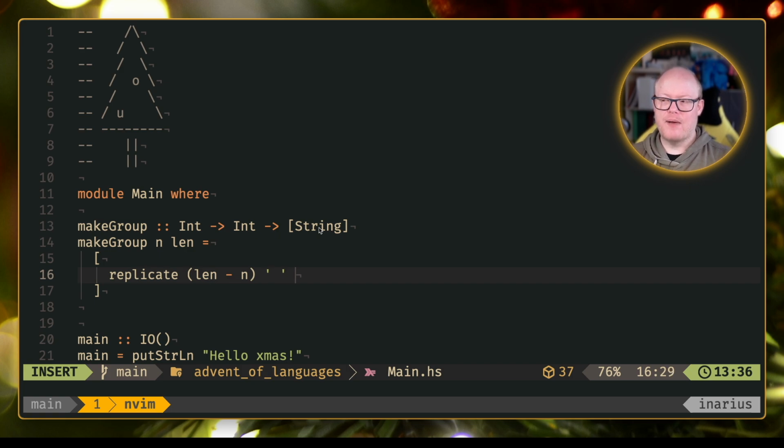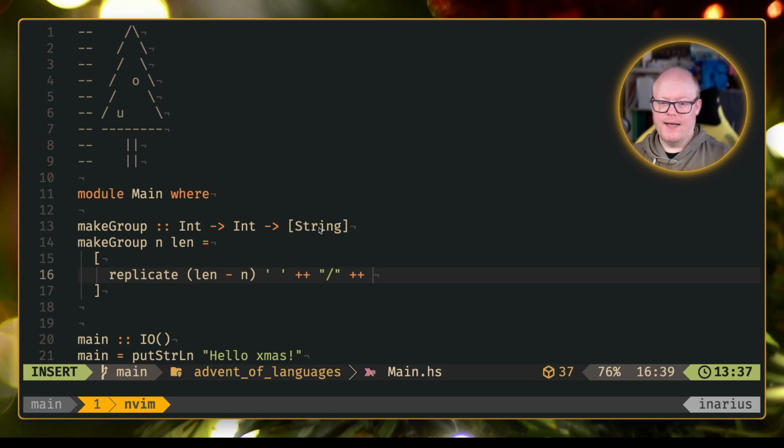So now we have a part string. Now how do we concatenate it with our other part of the string? We use the list concatenation operator because we are just concatenating one list of characters with another list of characters. Therefore we can simply concatenate those two lists together and have a new list of characters. So what I want to do here is put the slash there, and then we do the same